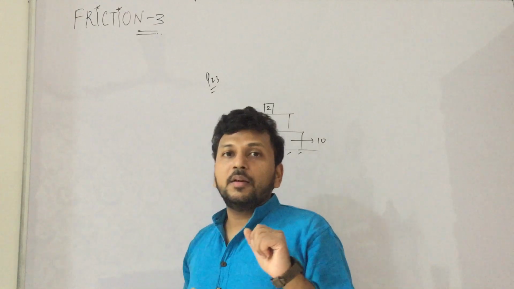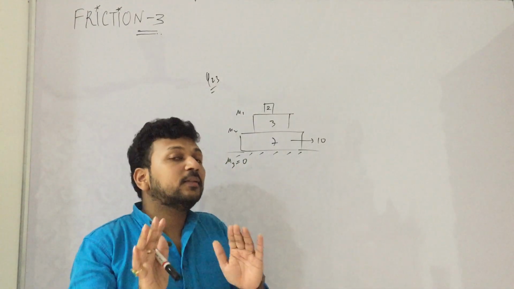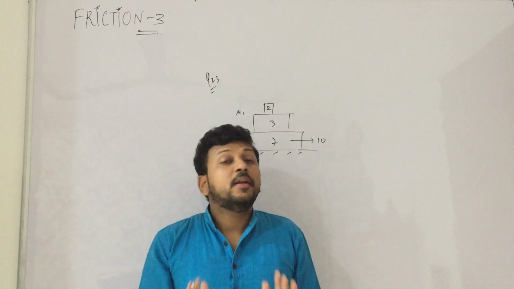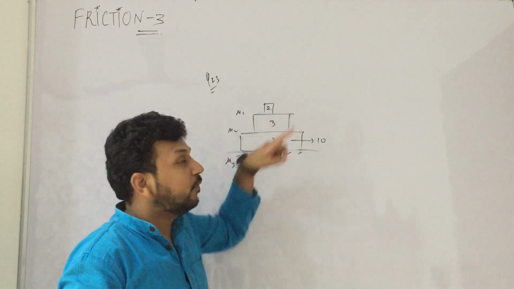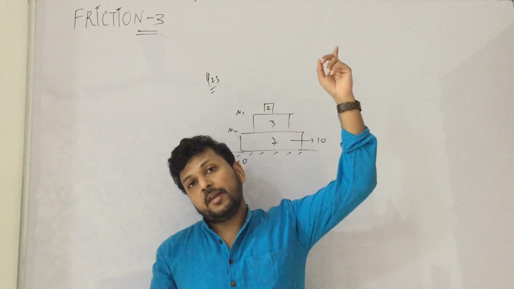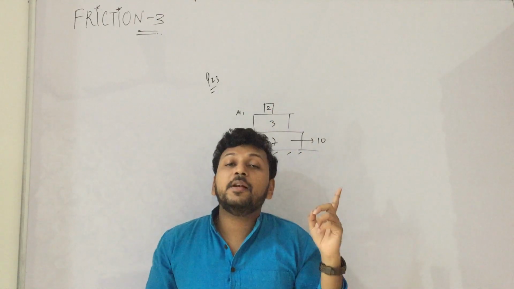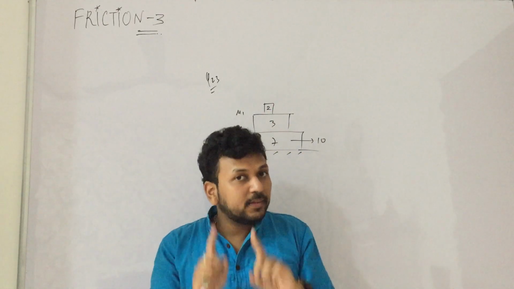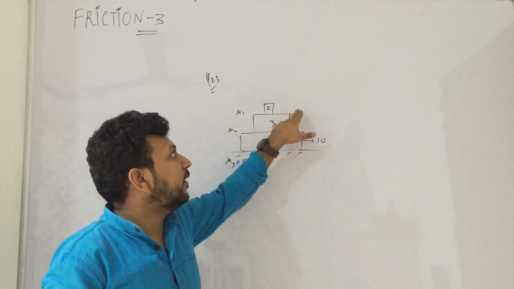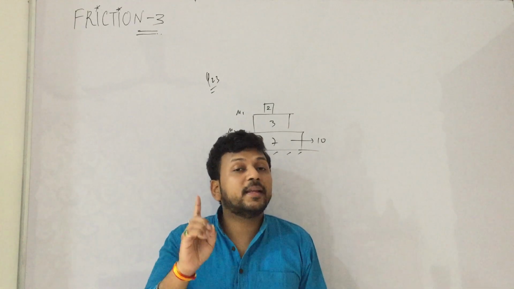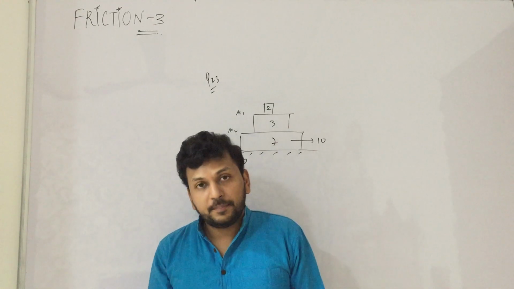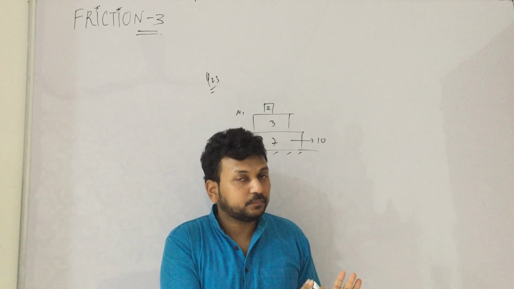In that case, you have to consider a case. Let us take that the acceleration is same. If the acceleration is same, then the friction between them would not have reached the maximum value, that is mu n. So you will consider the friction F1 and F2 here, and you will see that F1 and F2 are less than mu n. That is a check. And accelerations are same.